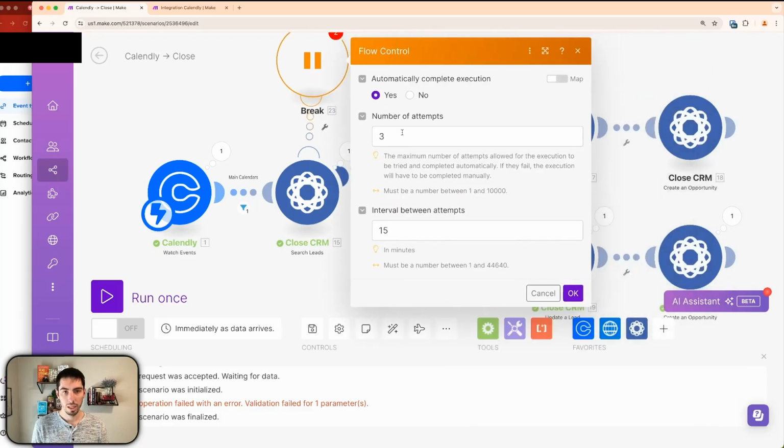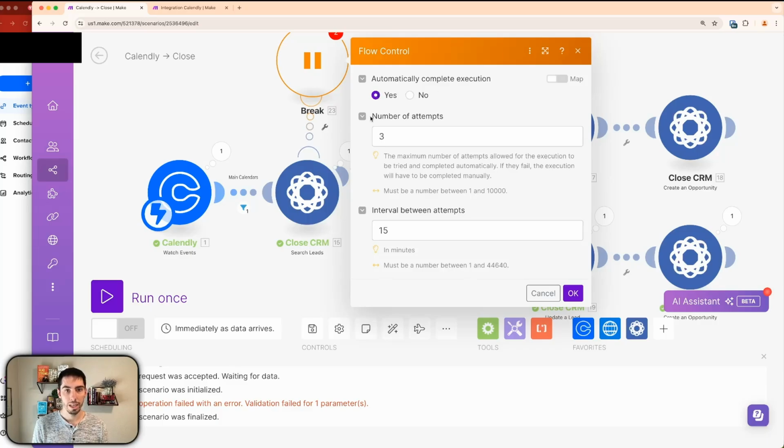So break, what this is going to do is, say this has some error, then if I didn't have this break in here, this scenario would just stop running. It would turn off, then I have to come back in and turn it on and run the data again, and it gets to be much of a hassle. If you put in the break error handler, what it's going to do is, if this does break, it's going to go down to the